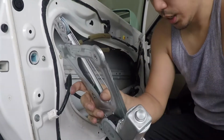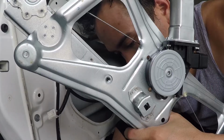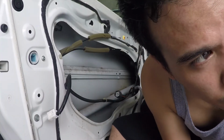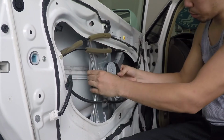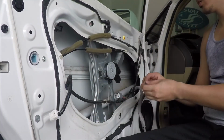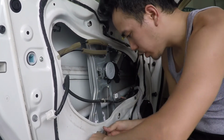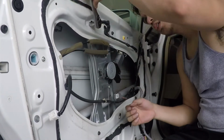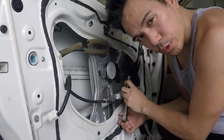Brand new. Now we're gonna install this the same way we uninstalled the other one. We're gonna reuse the bolts. Okay, same thing. Goes in. Boom. Reinstall the black bolts. You want to tighten the black bolts first, and then tighten the silver ones. You're probably going to run into a problem,